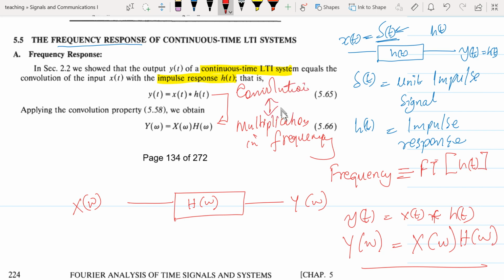So these two agree with what we have already said, and therefore that is how we are introducing the frequency